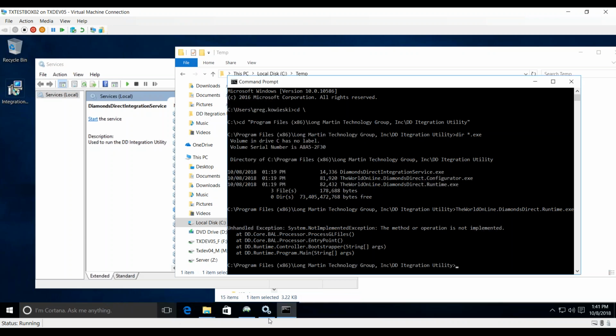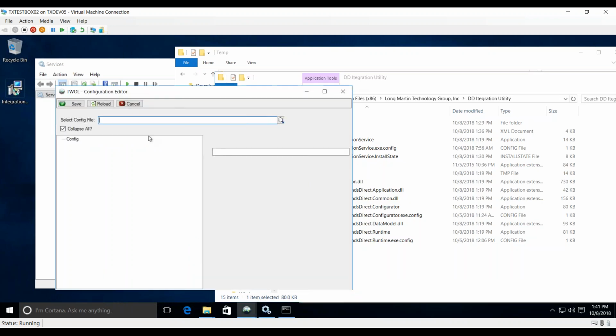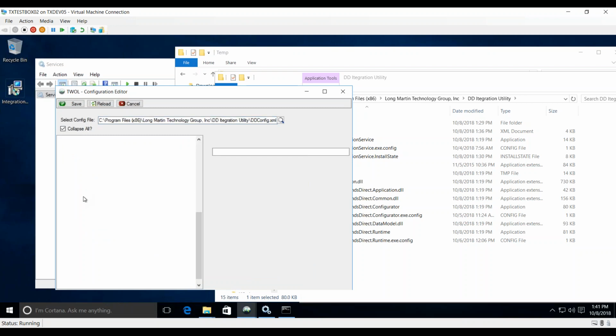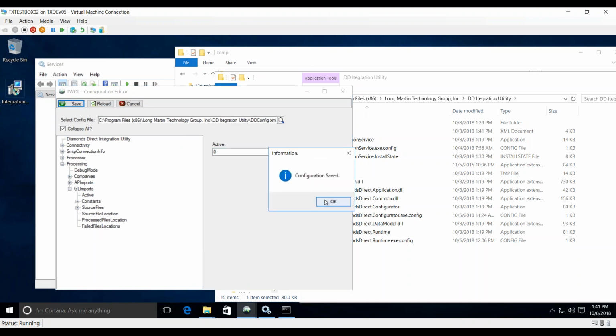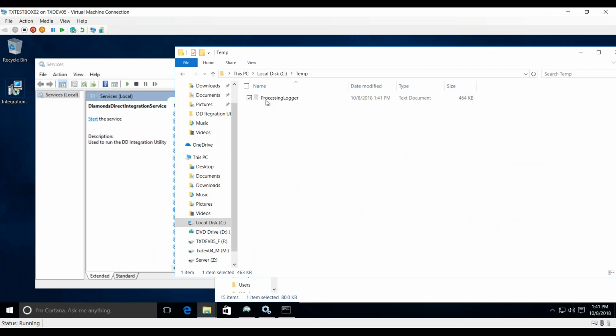So in my config file, what I forgot to do in the configurator, let's open that file up again. Go down here to processing, GL imports, active. I should have made this false because I don't have any of those directories set up, and that's what it bombed out on. I'm sure if we looked at the temp file in the error log,